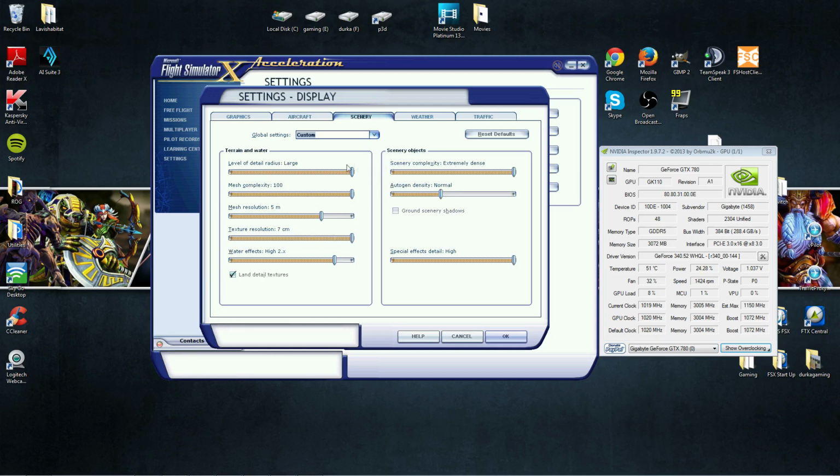So I tweak this pretty much according to Orbex settings, because I'm running a lot of Orbex scenery and airports. I pretty much run their settings as well. So we'll go through each one. So level of detail radius is large, mesh is 100, the mesh res is 5 mil, and Orbex recommend between